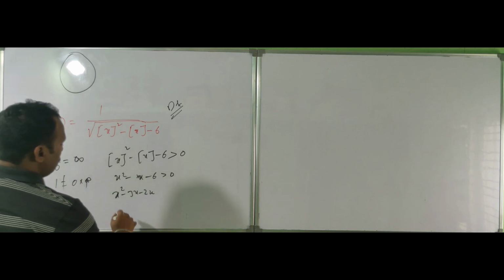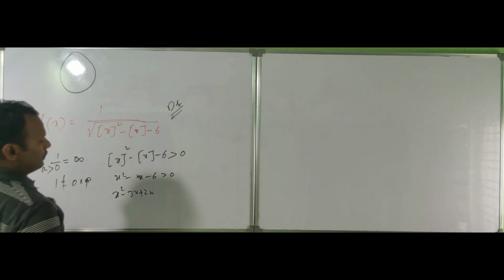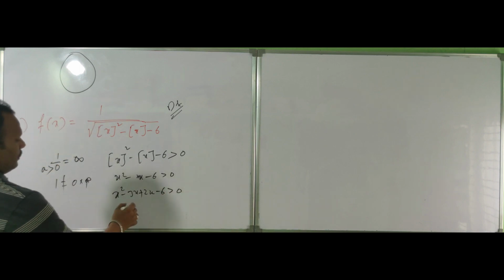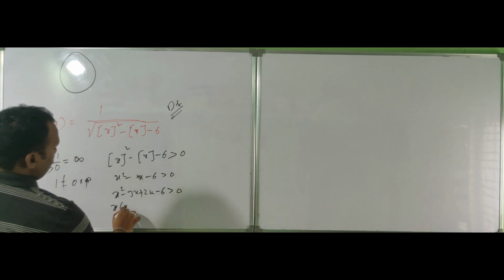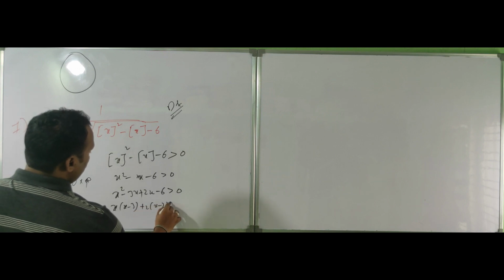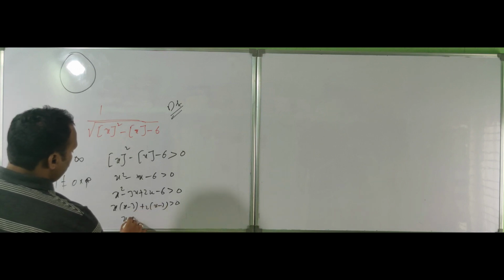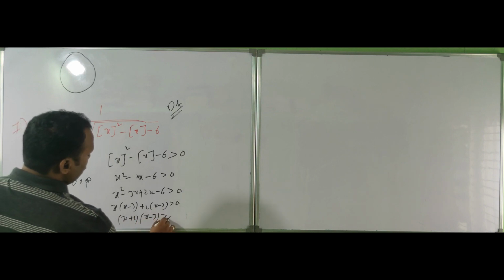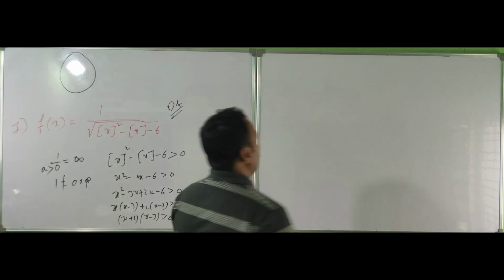Okay, the plus is there, no? And plus 2x, and this becomes minus greater than 0. And in this one, x is common: x minus 3, and plus 2 is common: x minus 3 greater than 0. So (x plus 2)(x minus 3) greater than 0. Okay, our solution is